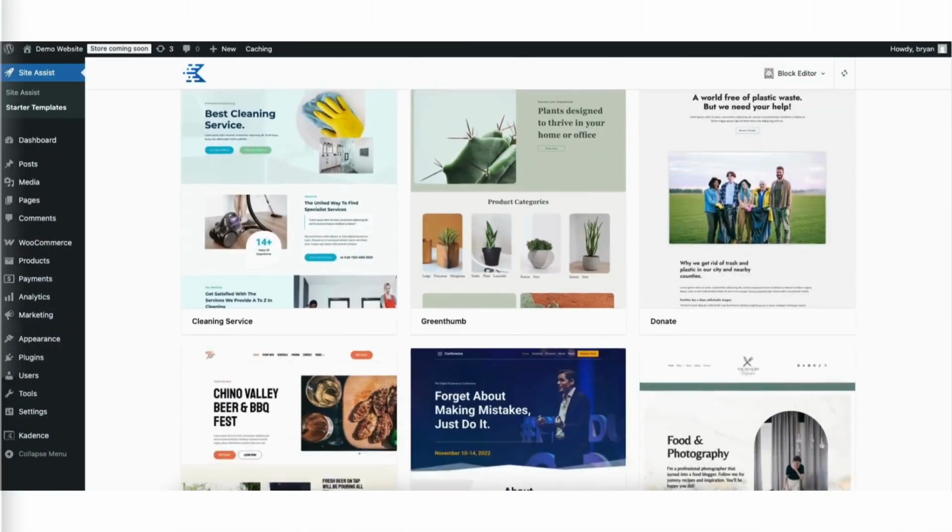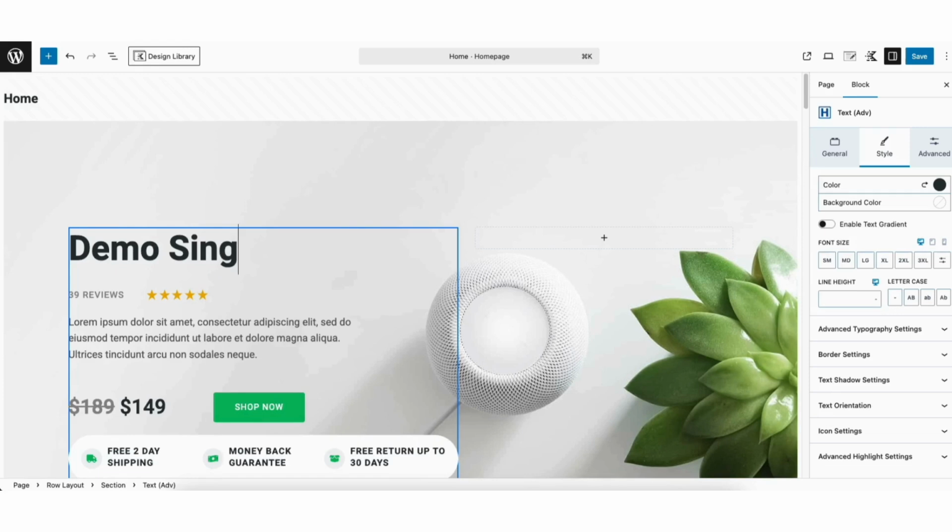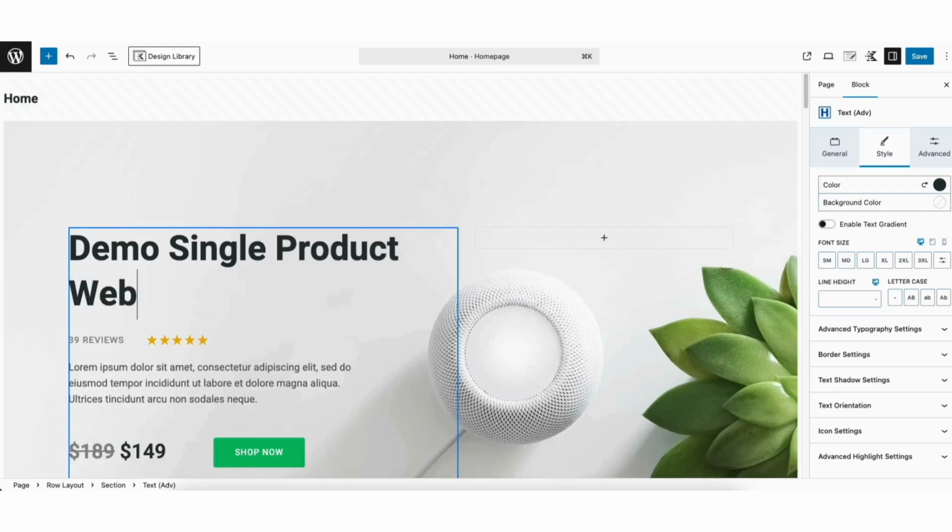You now know how to access pre-made professional templates, how to create a single product website in WordPress, and making edits to it using the drag and drop editor, Kadence Page Builder. That is my single product website design tutorial going over how to make a single product website in WordPress step